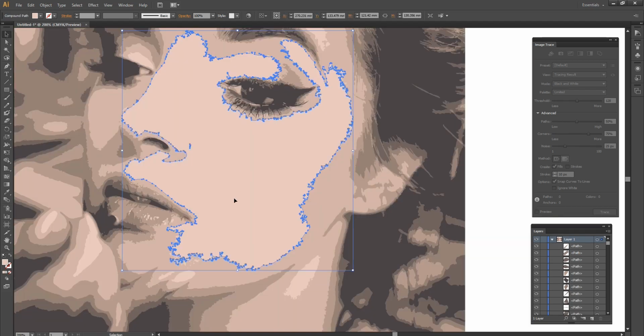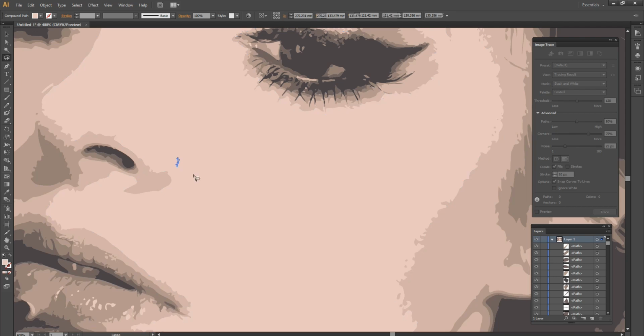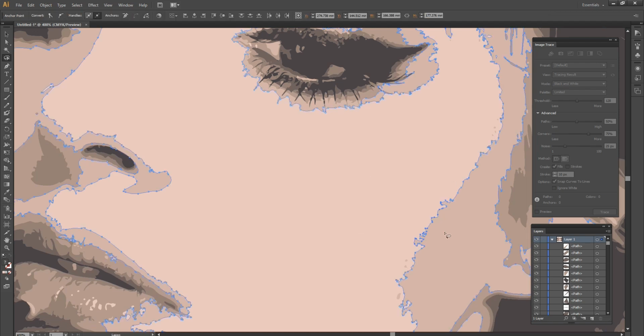Select one part of the image and go to the Selection tool. Here is the Lasso tool. We'll use the Lasso tool for editing the image. Zoom the image as much as possible. Let's select this one, which is not needed here. Select this option and press the Delete button. It's going to be deleted. We check it sometimes to see what is needed.